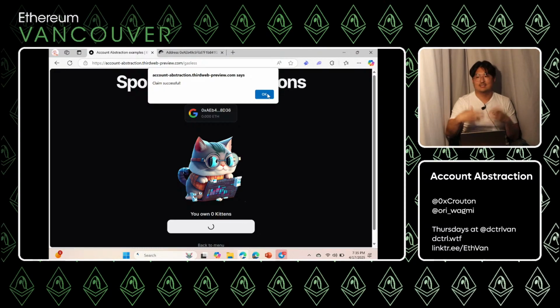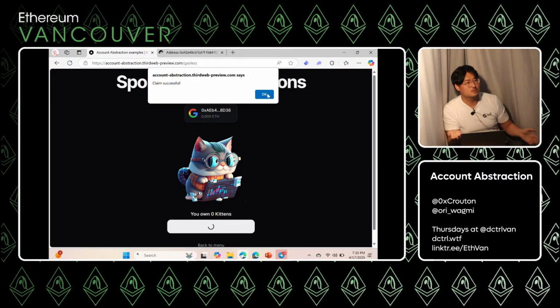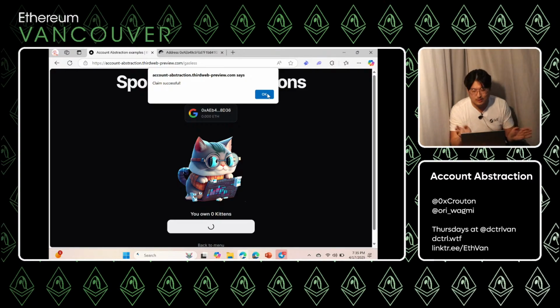Went to Google and says, hey, give me maybe it's a JWT token, maybe it's an OAuth token, who knows, to get some kind of signature proving that's me. And then it creates a user operation. And that user operation says, hey, Andrew, using this signature, wants to claim an NFT, and the gas is going to be sponsored by this dApp. This dApp has gas sponsorship.